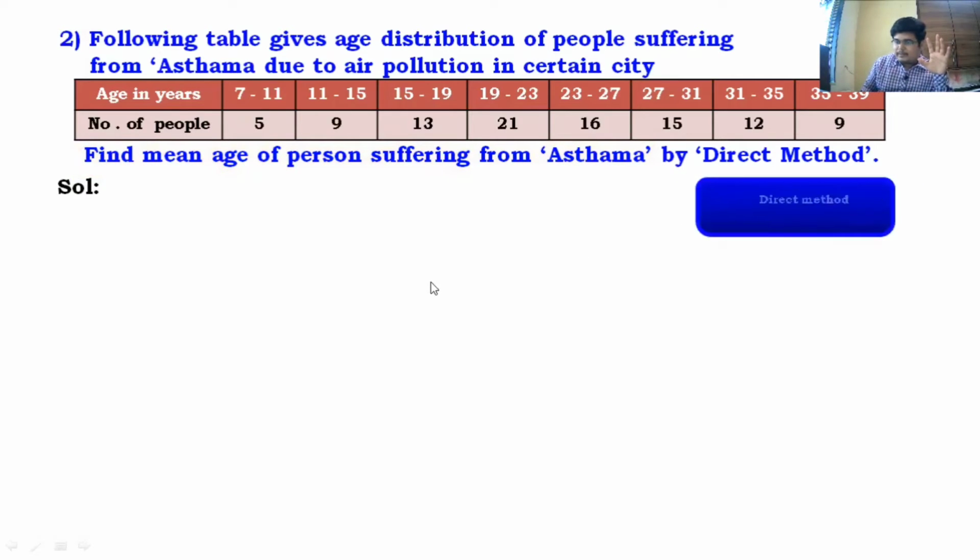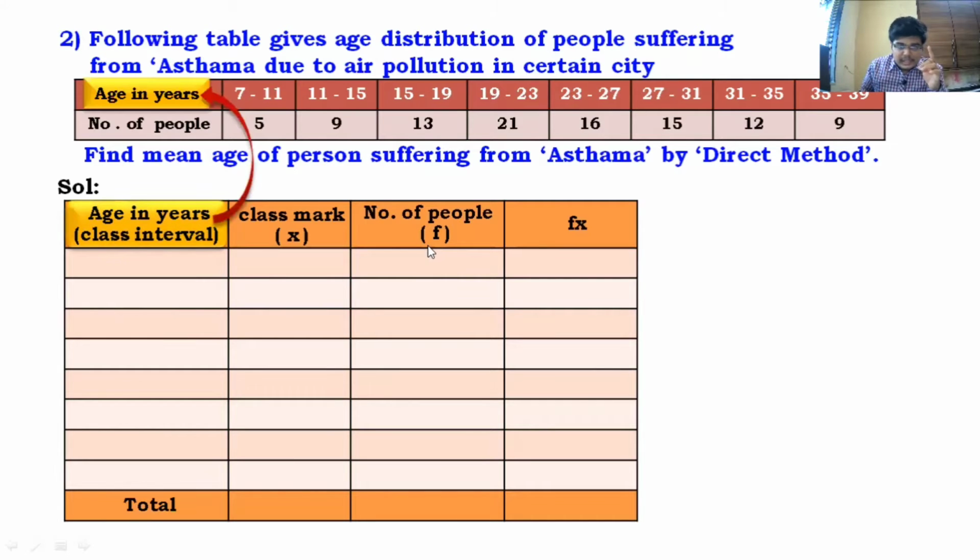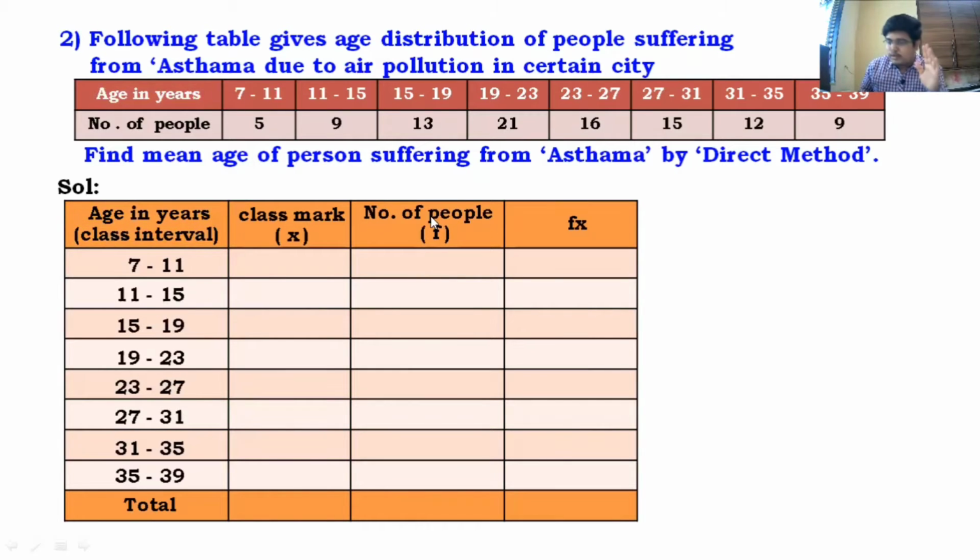So we'll make a table of 4 columns. The first column is going to be class intervals, which is given. Class mark, we have to find that, denoted by X. Frequency F is given, and Fx, we have to find that. So first, copy the class intervals. So 7 to 11, and so on, last is 35 to 39. You have to copy that. Coming to class mark. Class mark means the middlemost value. Frequency, first, we'll copy that as well.